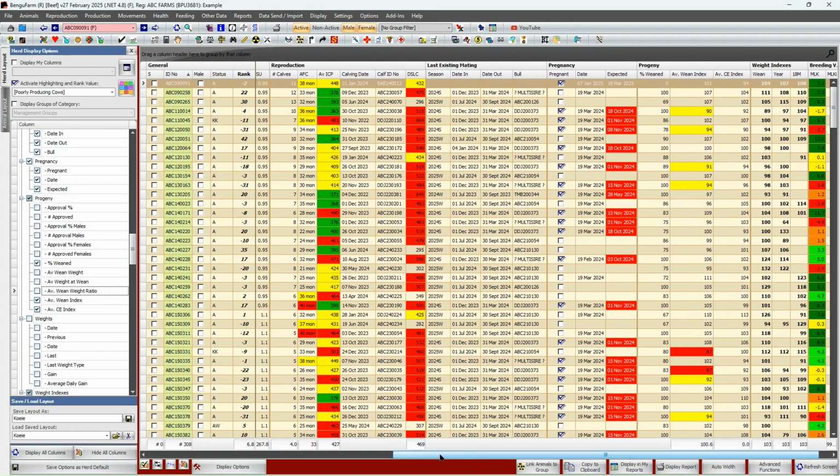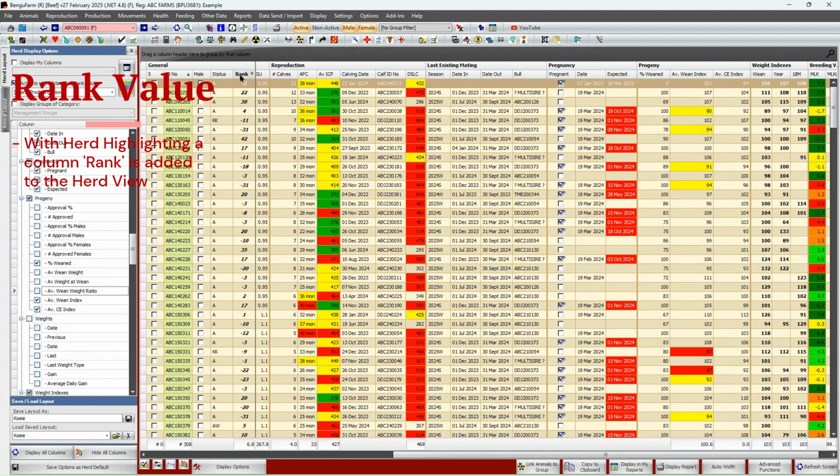We now want to talk about the rank value. If you activate your herd highlighting, a rank column is automatically added. What the rank contains is the sum of the rank values, where the values in your herd highlighting correspond with what you set up and the applicable ranking value.